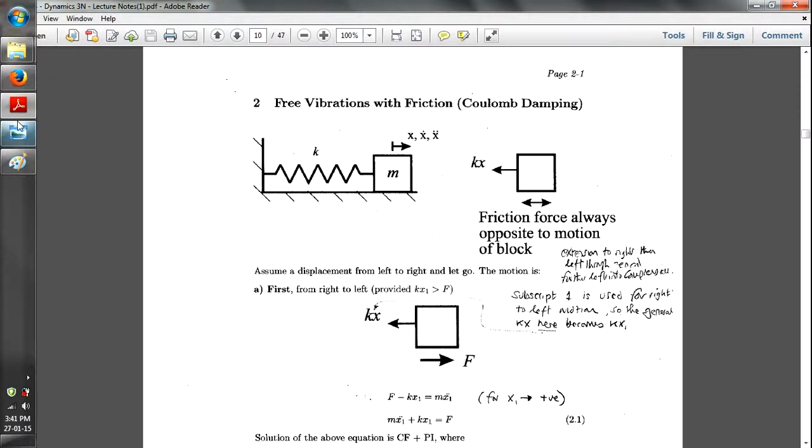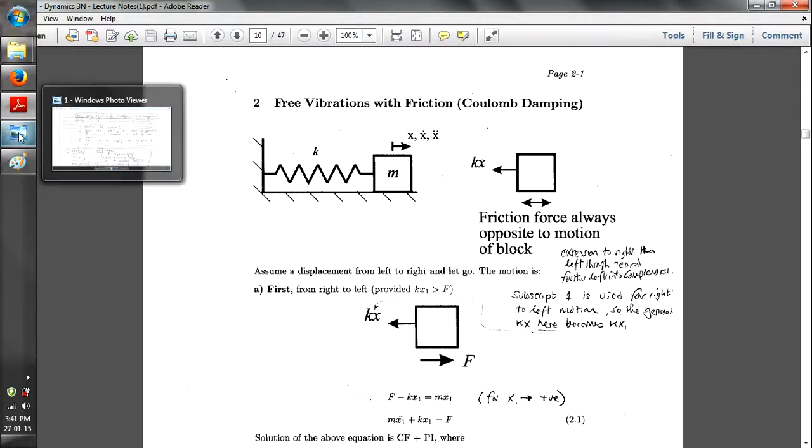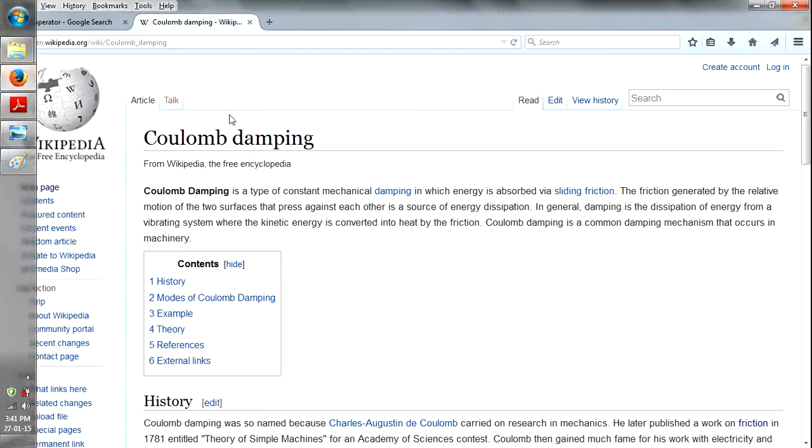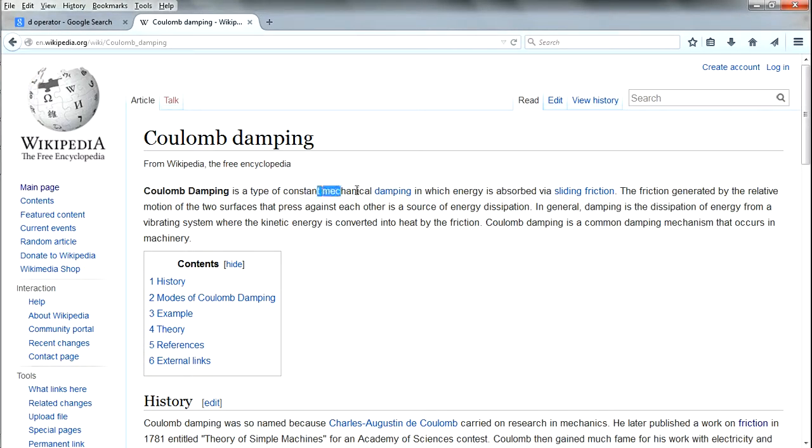I hope I can make this video very clear. So apparently this video will talk about an introduction to Coulomb damping. So what is actually Coulomb damping? From Wikipedia, it's a type of constant mechanical damping that involves